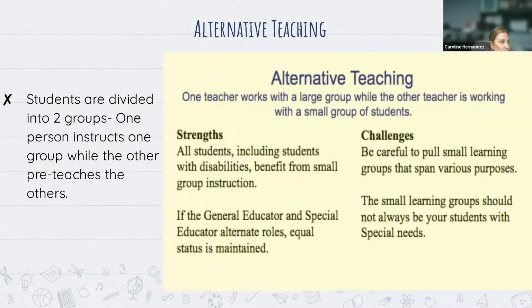In an alternative teaching setting, students are divided into two groups. One teacher is teaching a group of students, while the other teacher is pre-teaching the other group. So this might be something where they're working on vocabulary to preset the unit, etc. Typically speaking, all students will benefit from small group instruction, that we know. And we really like to see the general education and special education teacher alternating roles so that equal status is maintained, right? We don't want students to know which teacher is which necessarily. We just want them to know both teachers are there, they're both responsible for the whole group,